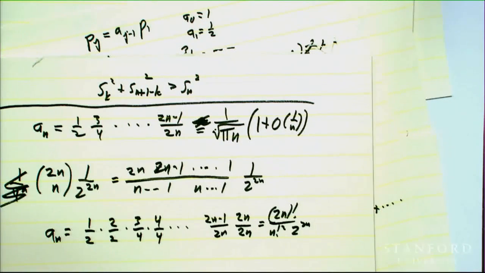And so what we've shown here with this argument is that, lo and behold, the probability that we have a balanced sequence after 2n flips of a coin is very close to 1 over square root of pi n, and the relative error is that. So